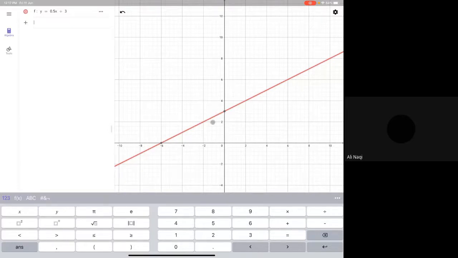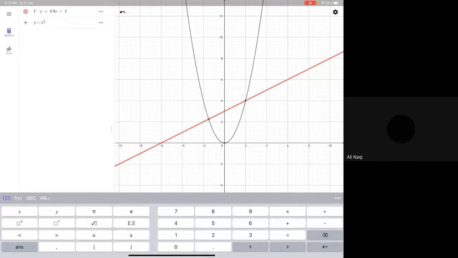See, for a particular y, at 2 slope is this, at 4 slope is this, at 6 slope is this, at 8 slope is this. So it doesn't matter x or y. Every point will have the same slope. You are getting my point? Yes, sir. At (2, 4) you will have the same slope. At (6, 6) you will have the same slope. At (10, 8) you will have the same slope. Everywhere slope is the same. Clear? Yes, sir, clear. Okay. Now let us see y equals x square.